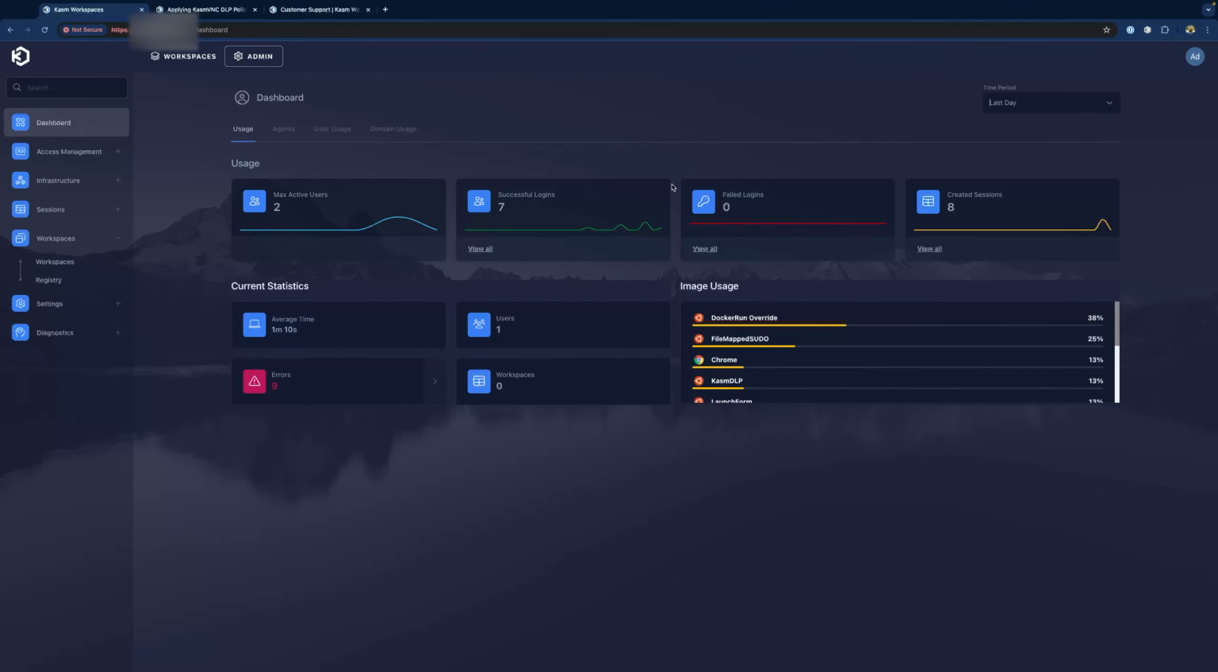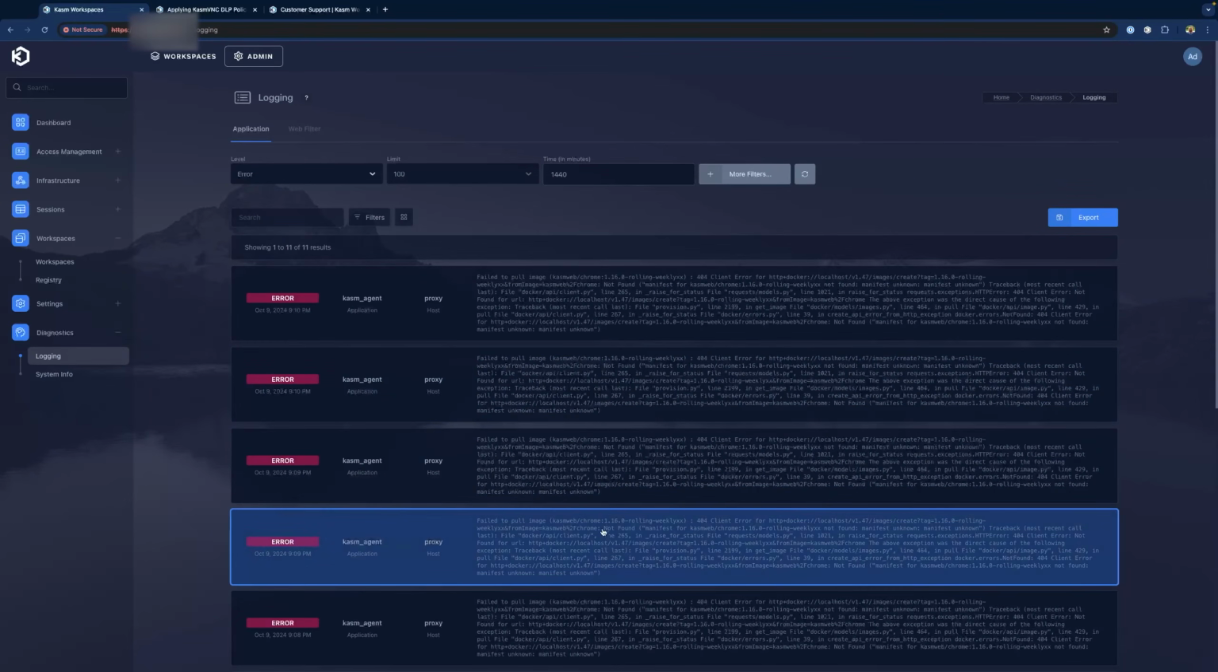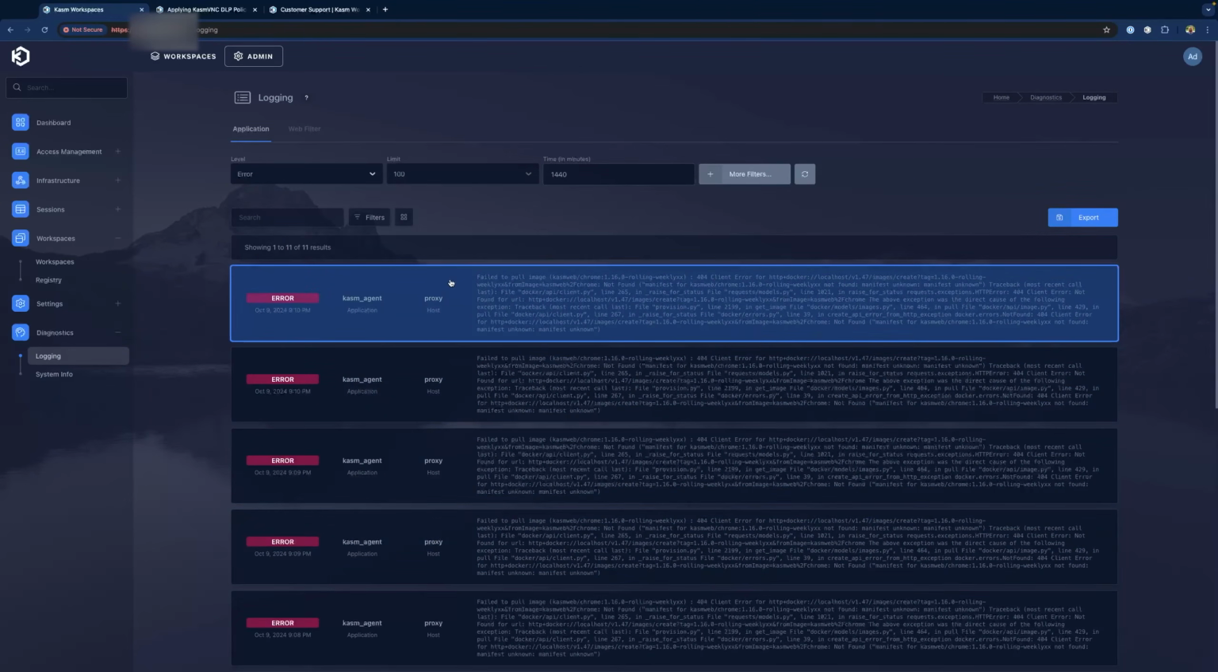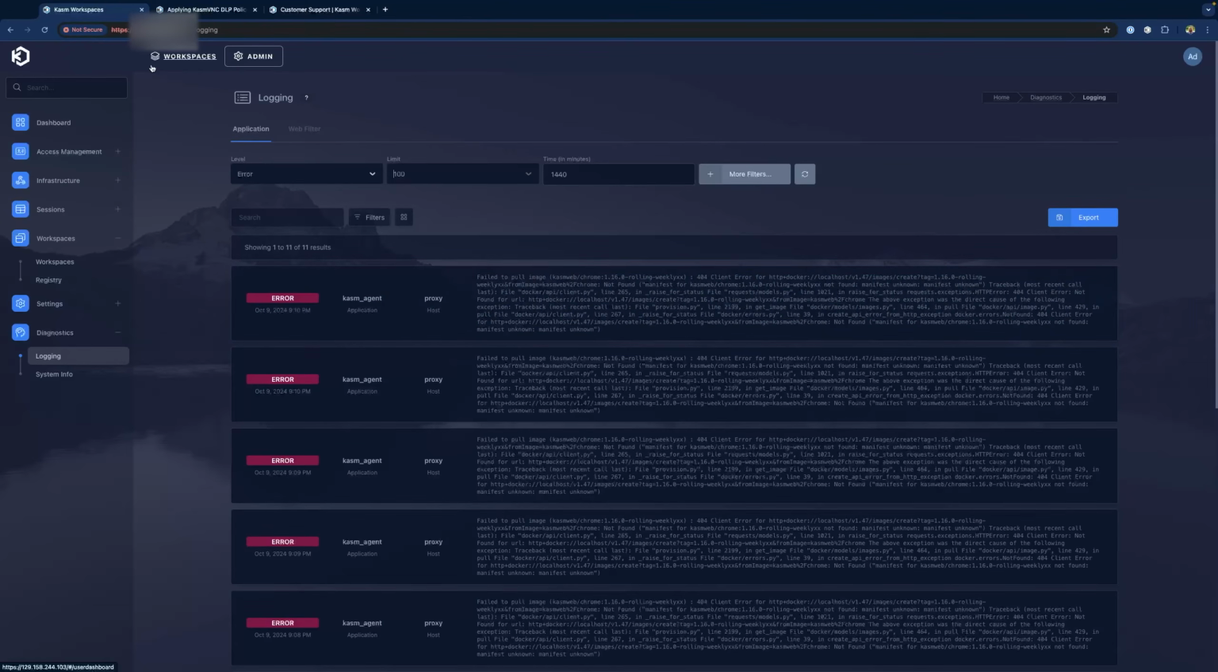So we can go ahead and see what is in our error logs. On our dashboard, you will see that we have a widget for our errors with a count of the current errors that have occurred over the last 24 hours. By clicking on this widget, it'll send me over to the logging section and then display the error logs. Conversely, I could,